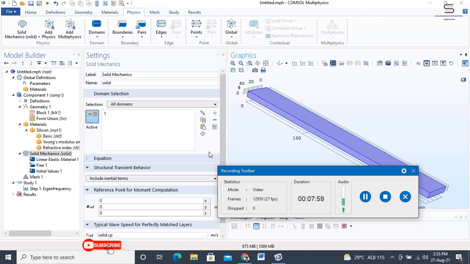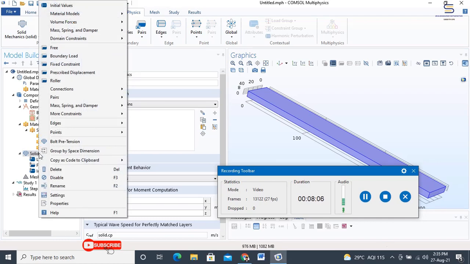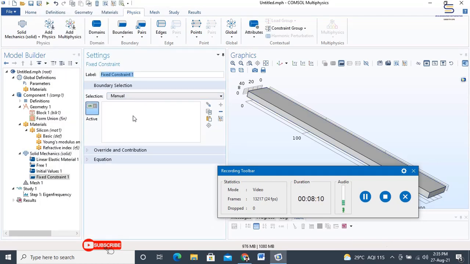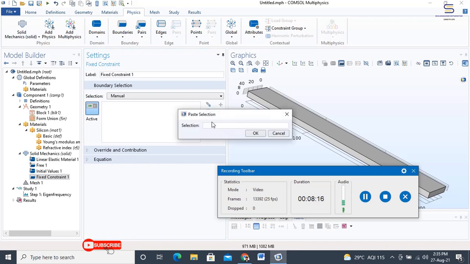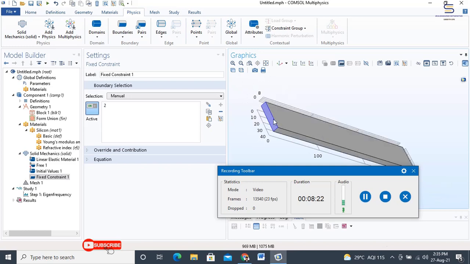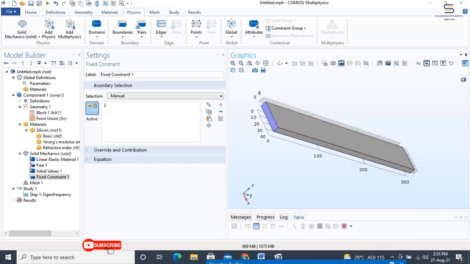We shall be performing this action by right clicking on the solid mechanics of the model builder and then going into fixed constraint. In the fixed constraint, choose face 2 only, that is in this selection type 2, and then click OK. You will see that this face is being shown here.